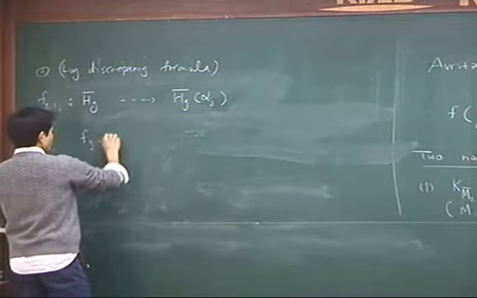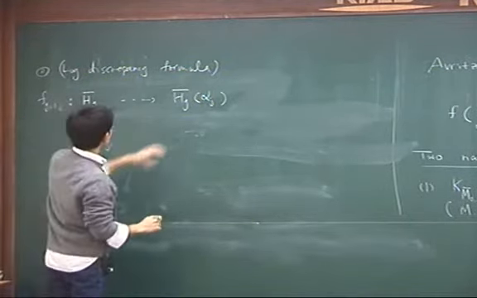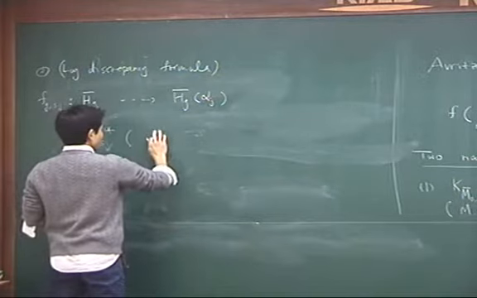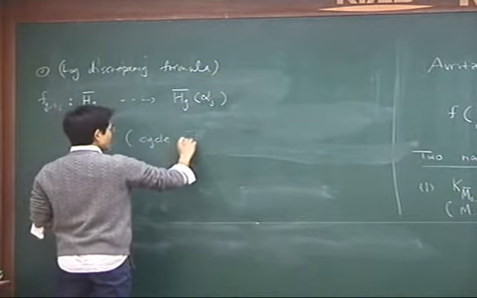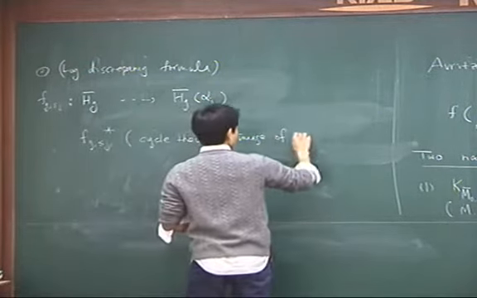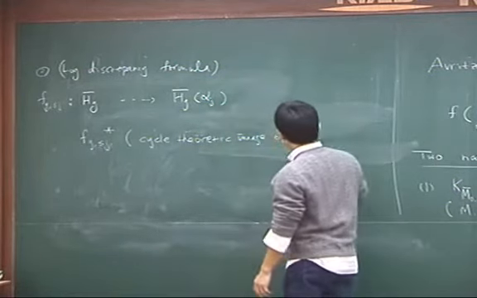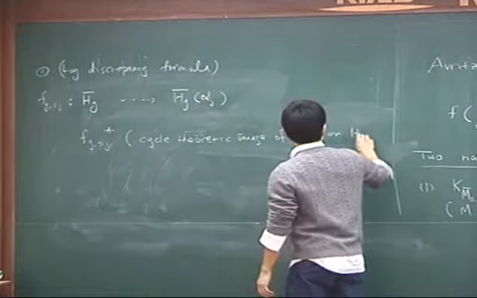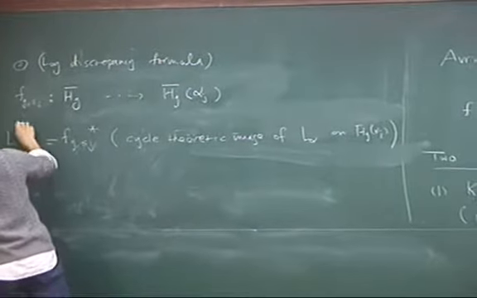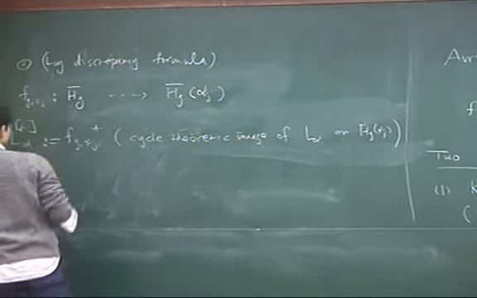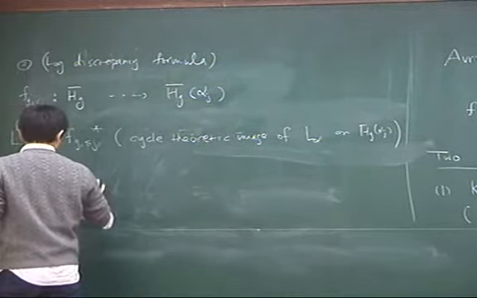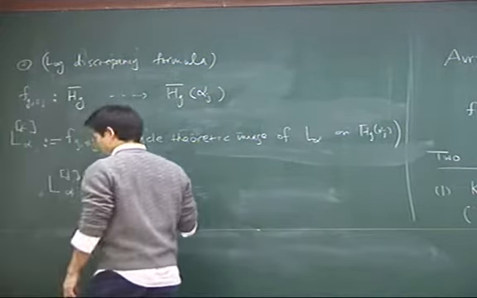So FGJ upper star of the image of L alpha. Does that make sense? On Hg bar alpha j, let's say this is L alpha j bracket. Then it is given by